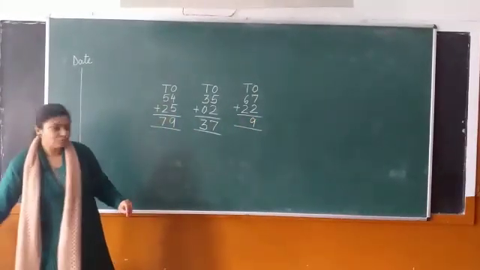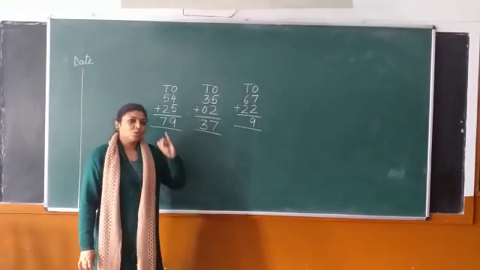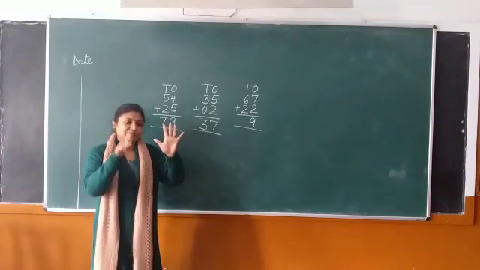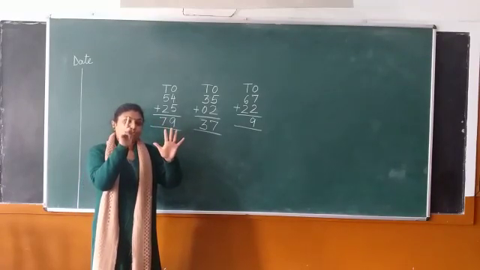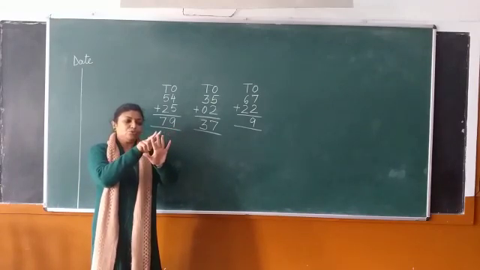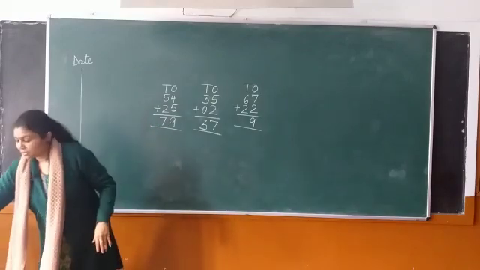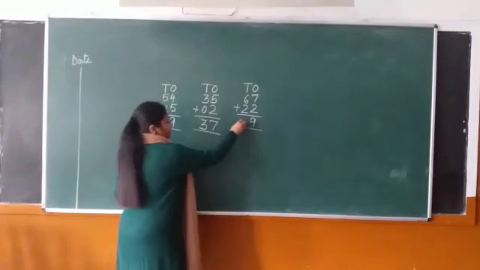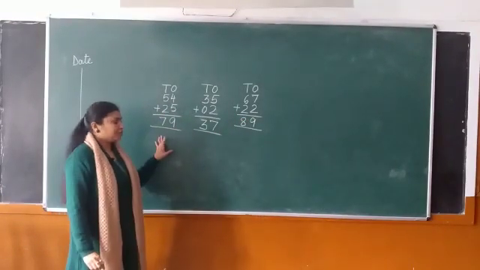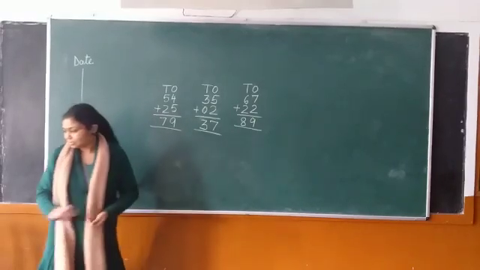Now next we have to count under tens, that is 6 plus 2. So let's count 1, 2, 3, 4, 5, 6 plus 2. 1, 2. Now let's count it together. 1, 2, 3, 4, 5, 6, 7, 8. So 6 plus 2 is 8. Understood, boys? Now this was your revision. You have already done these maths addition sums before also.